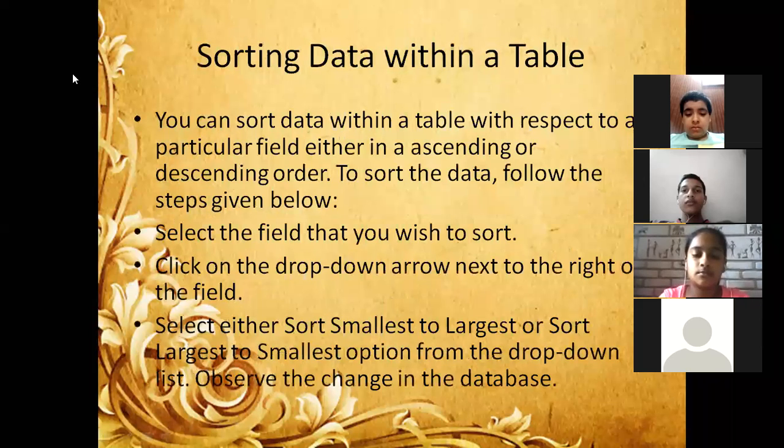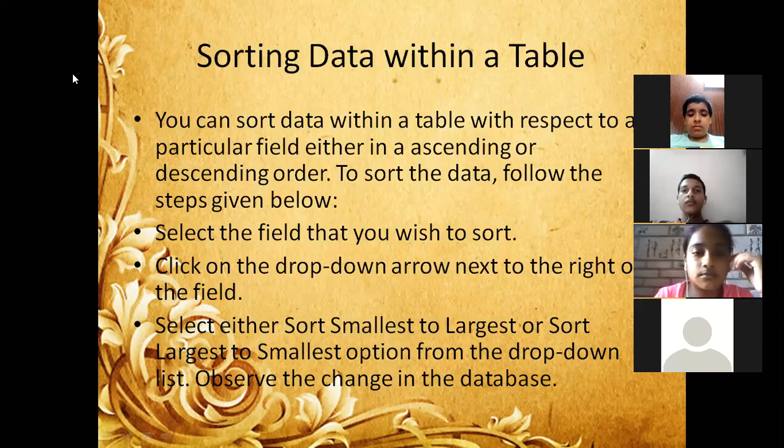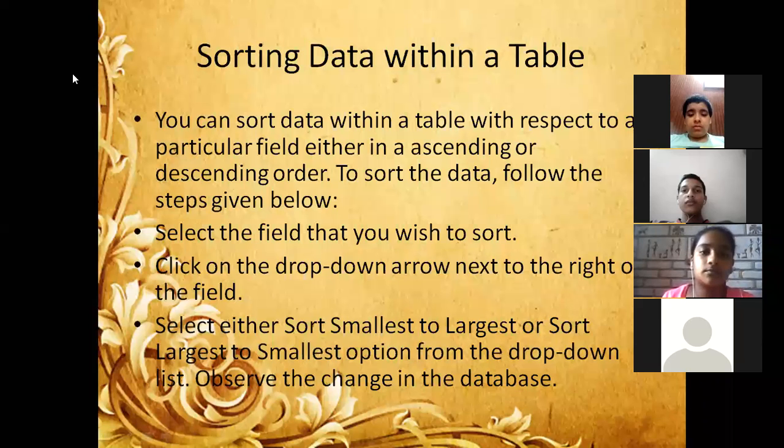Now we were coming to sorting data with a table. This option you have seen in your mobile phones also. Sorting means arranging the things in any order which you want to arrange. For example, I want to arrange all your names according to alphabet. Okay, I have to arrange all your names according to alphabet, A, B, C, D, E. So your name would be arranged in that way. Similarly, you do in your contacts also. You all have your mobile phones. Whenever you open your contacts, they are arranged in an alphabetical order. Okay. So this is the way sorting means.